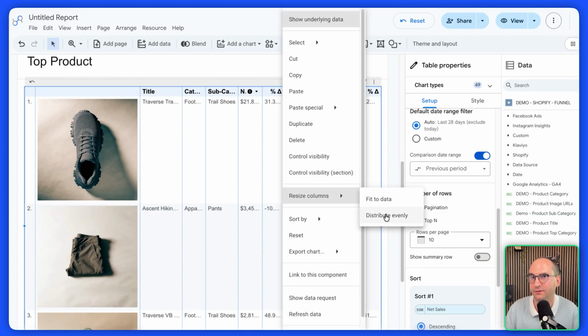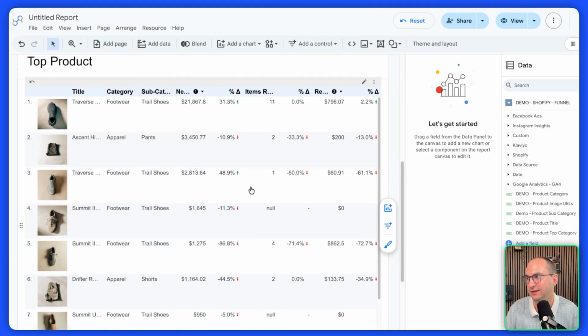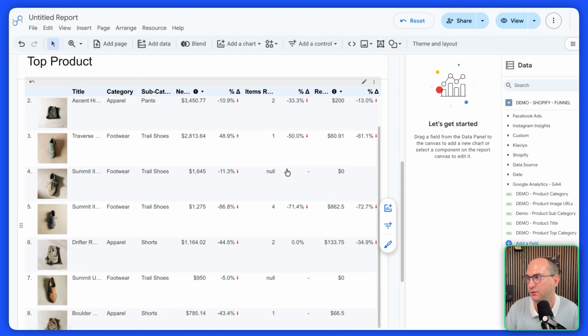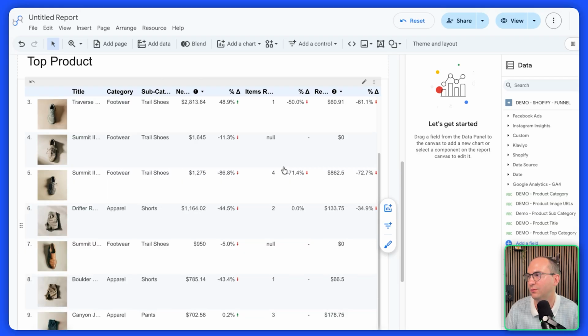Sometimes it will cut off the titles because it's fitting the data inside and the pictures may be too large, or you can just do evenly, and this could be a better way to review your data. I think the evenly here is the best case scenario, and you could just keep playing with this to make it fit how you want. Reminder that this isn't a responsive row, so it's going to try to flex itself to fit with whatever device